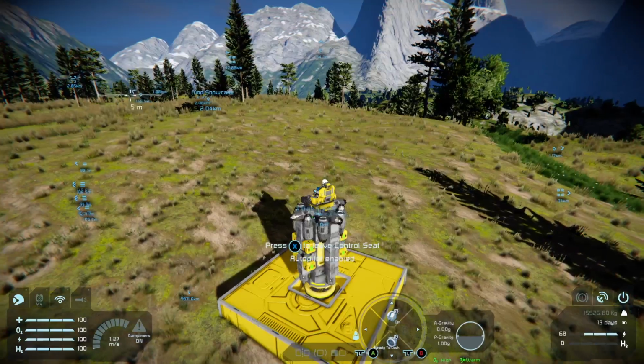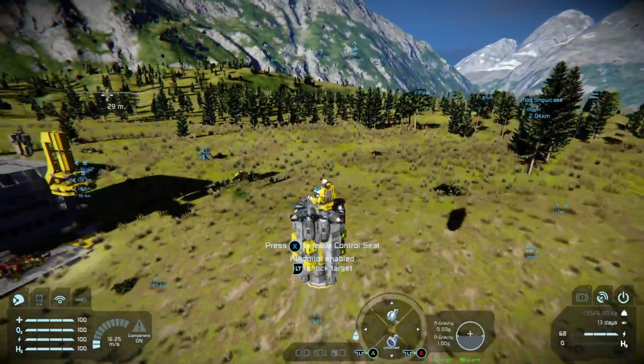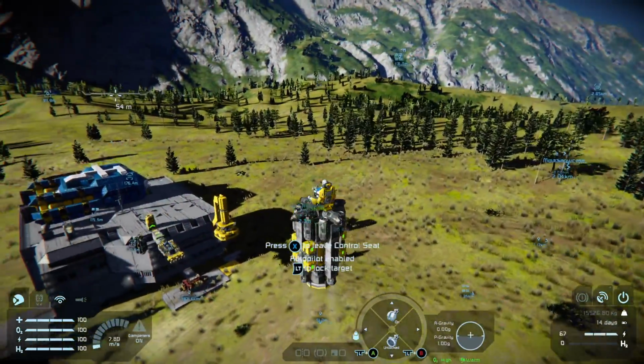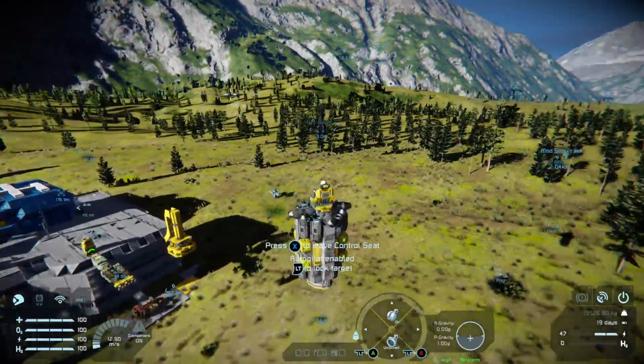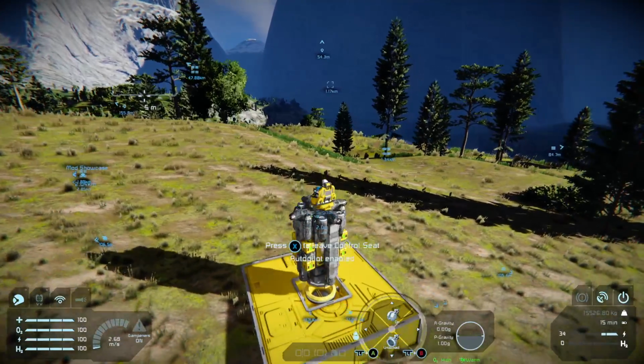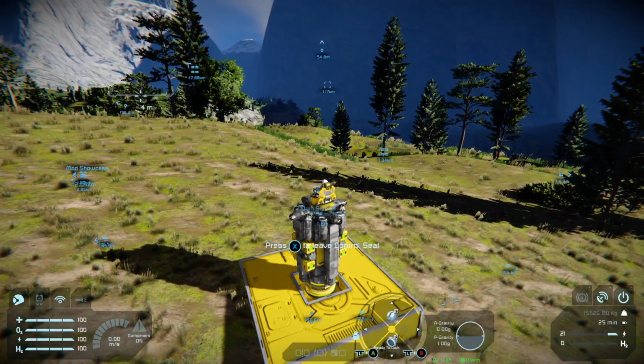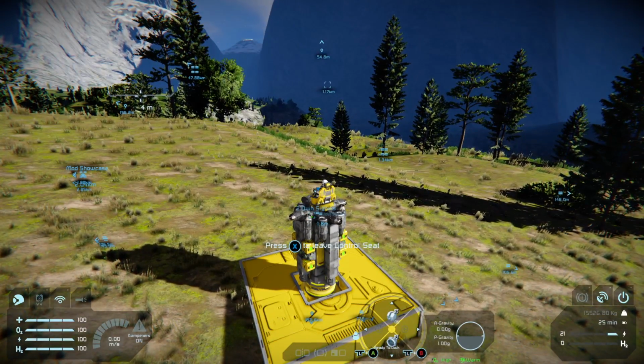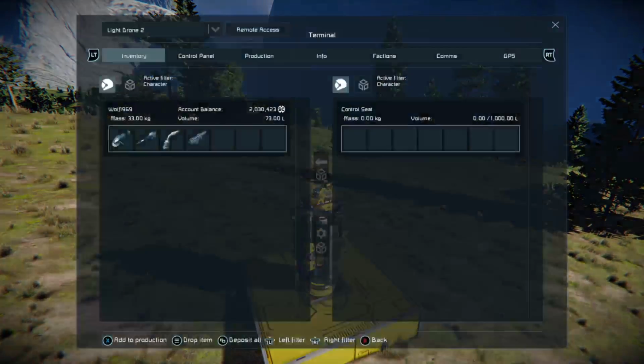Again, as I said, this thing is a little bit bugged. Shouldn't be turning the remote control off, which is bizarre.